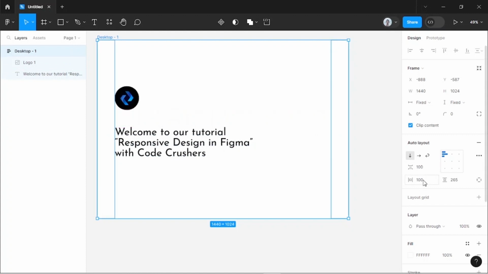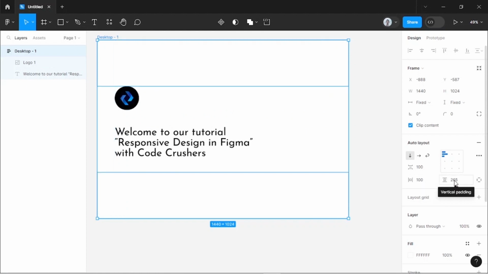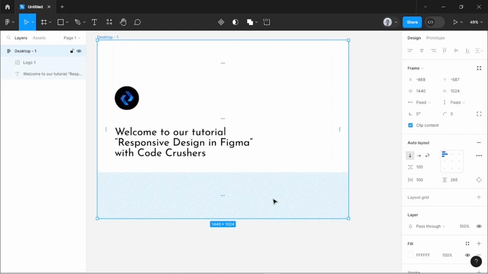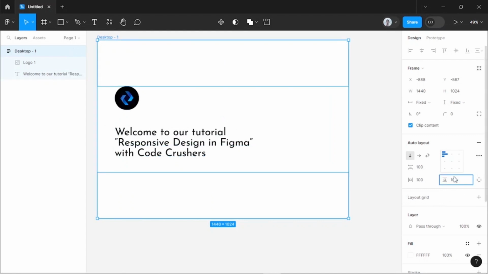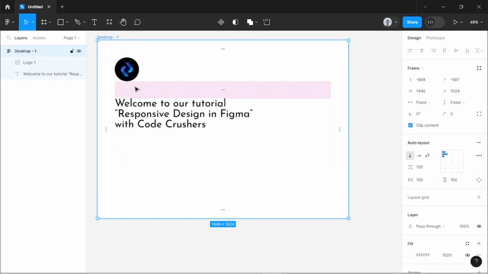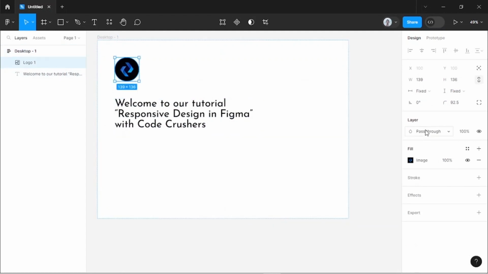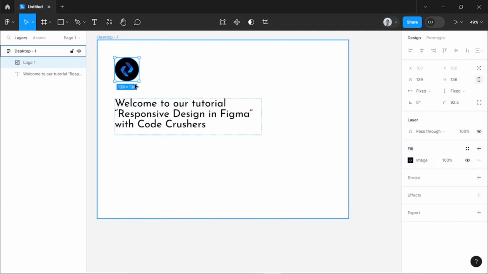Okay, and this is a very important property. It's the padding which you can find in CSS, and here you have the vertical padding, which are the spaces in the top and bottom sides. Let's practice it. You have 100, and as you can see here, the element, because of the constraints of this element, was put like